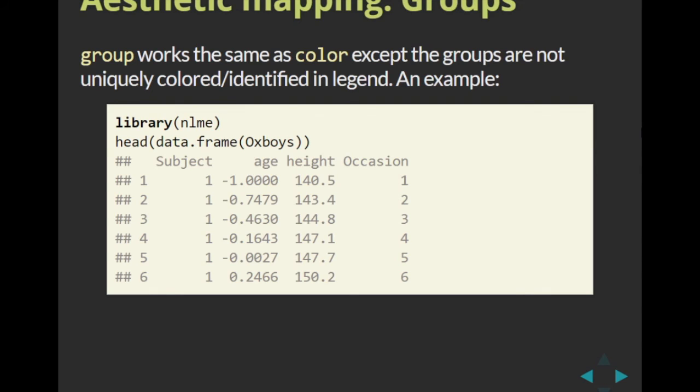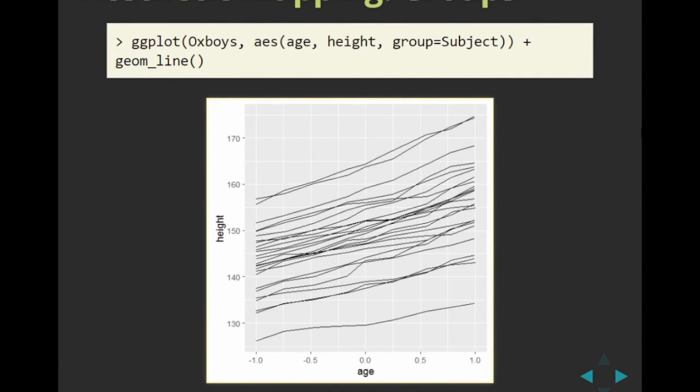So that's where group comes in handy if you're doing some sort of longitudinal analysis and you want an individual trajectory but no colors. And so to use that, it's group equals within the aesthetic mapping, and it looks something like this. Okay, a very powerful